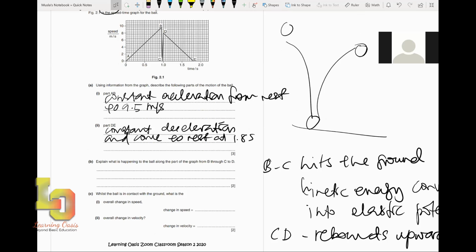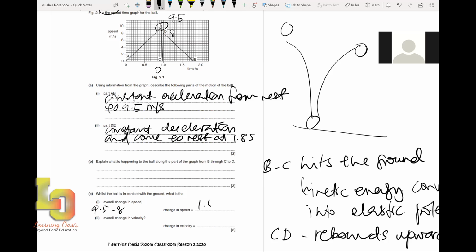No, overall change in speed as the ball is in contact with the ground. So initially, just before it hit the ground, it is 9.5. And then it goes up to 8. So what is the overall change in speed? 9.5 minus 8, so that will give you 1.5